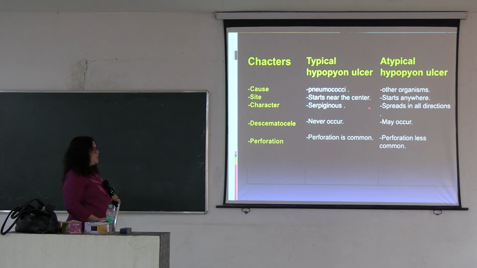Then descemetocele: descemetocele is very rare in typical hypopyon corneal ulcer, but it may or may not occur in atypical hypopyon corneal ulcer. Perforation is more common here, because descemetocele is not formed, so it is more prone to perforation, and atypical hypopyon corneal ulcer is less prone to